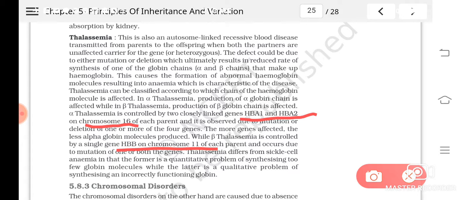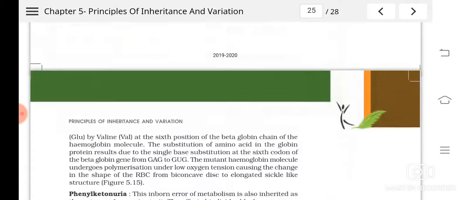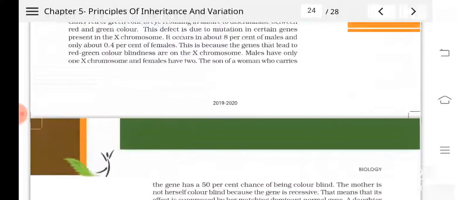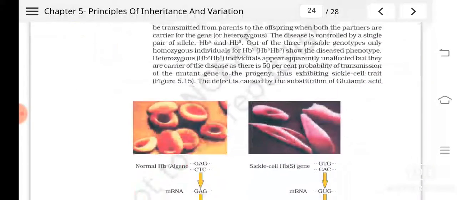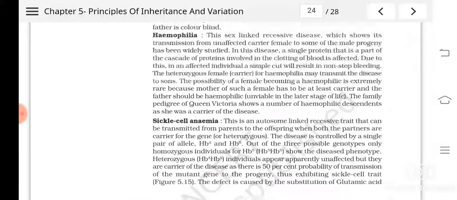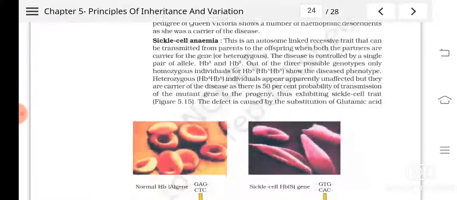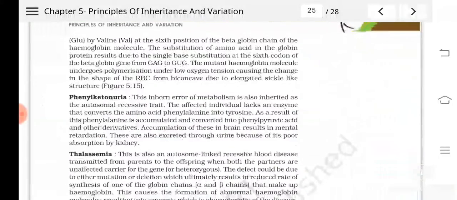Understood? So all that we have studied today are examples of point mutation or Mendelian disorders. So what all have we studied? Hemophilia, sickle cell anemia, then phenylketonuria and thalassemia. So I hope this much is very clear to you. We'll continue in the next